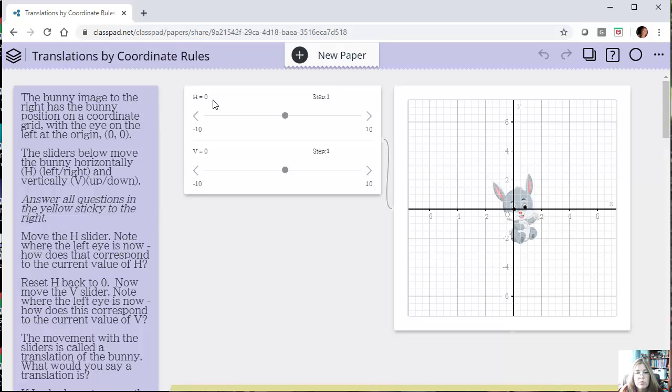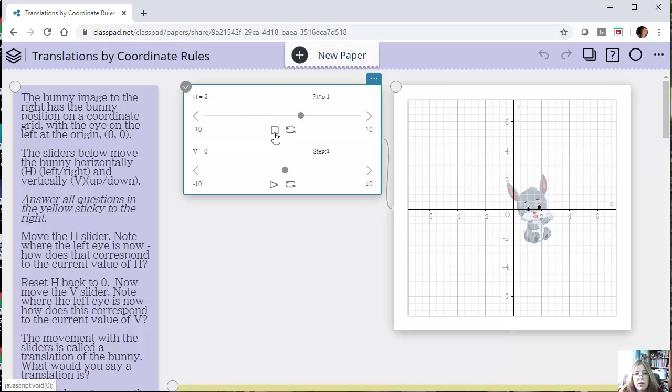So the first part of this activity is kind of just getting students used to what that translation is doing. We've got two sliders here, horizontal. You'll see that it moves my bunny rabbit left or right if I decide to switch the direction. And oops, let's get bunny back in here. It starts at this point. This is where the activity starts. And you'll notice we're basically following the left eye of the bunny, which is now at the point 0, 0.